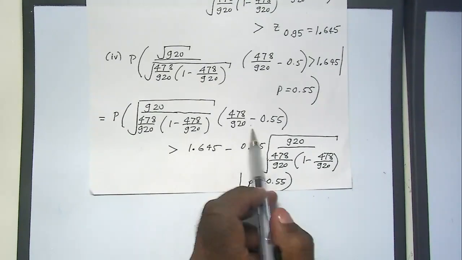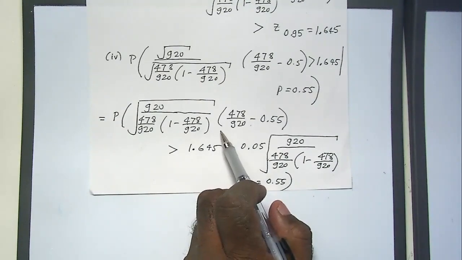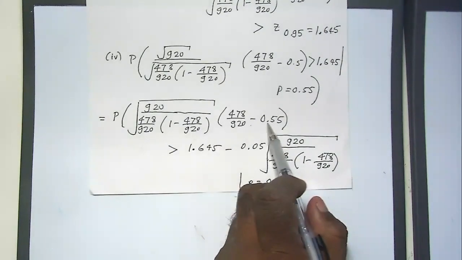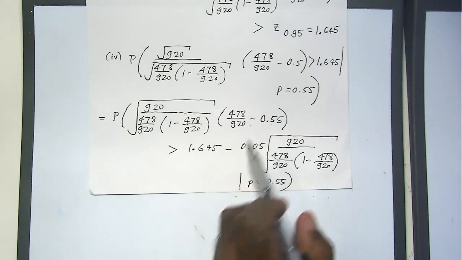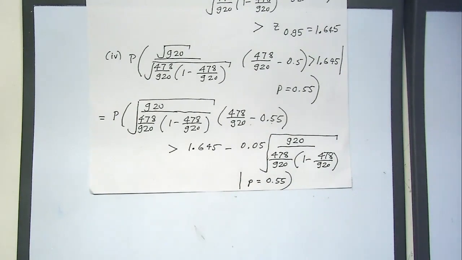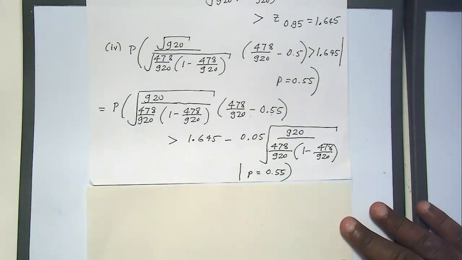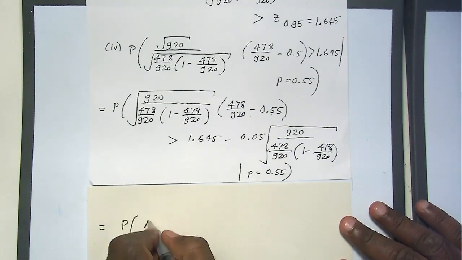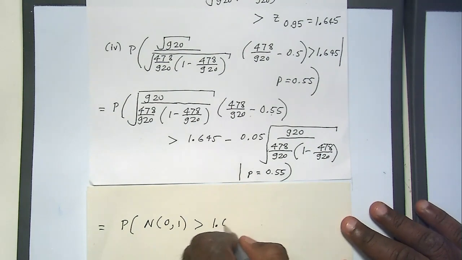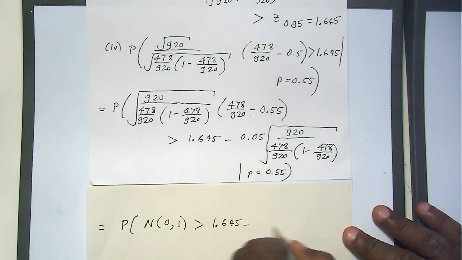Now you will use the argument that this guy here has a standard normal distribution, because this is the true value for P. This must have a standard normal. So in the next step, we are nearly getting there. In the next step, you will say that this is equal to the probability that N(0,1) is greater than 1.645 minus